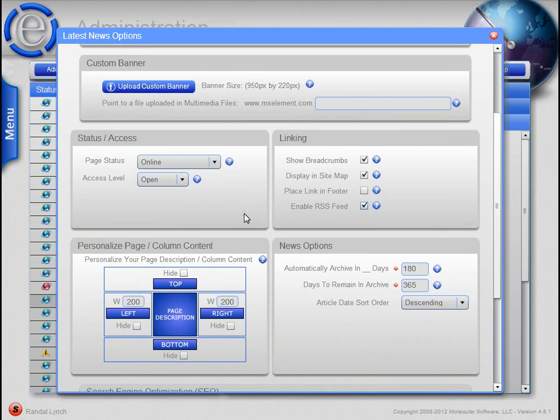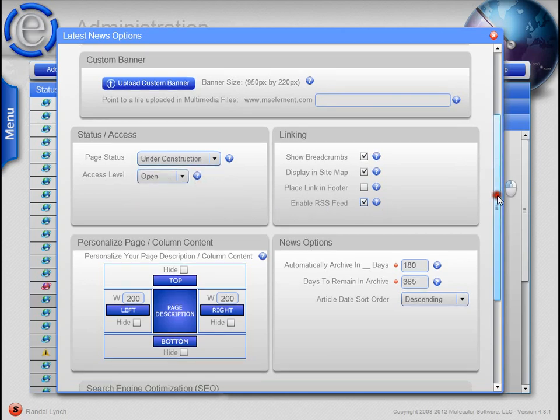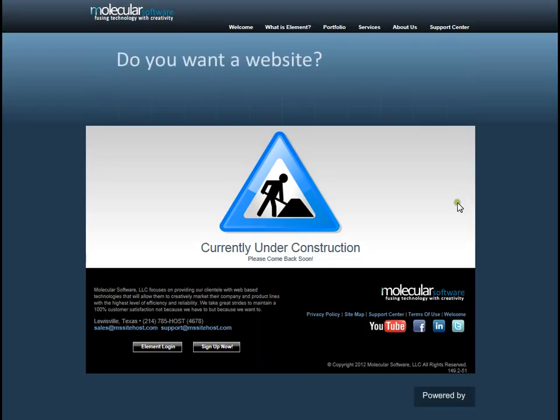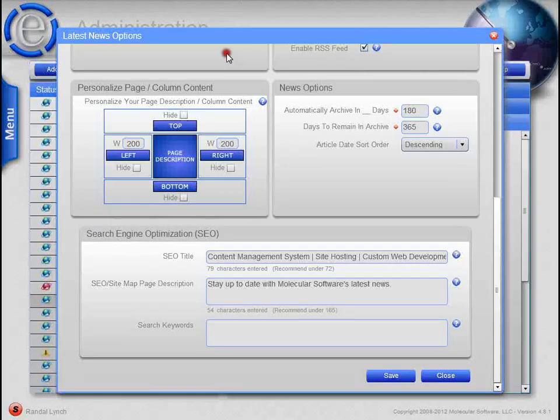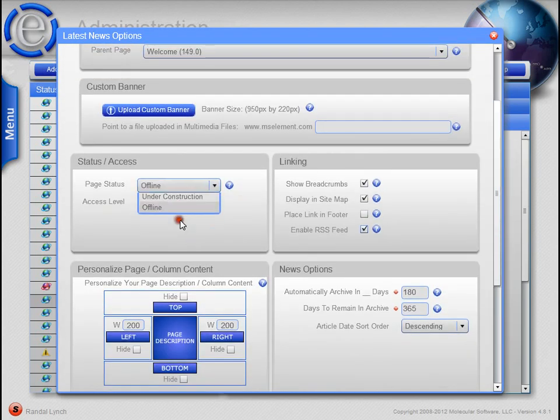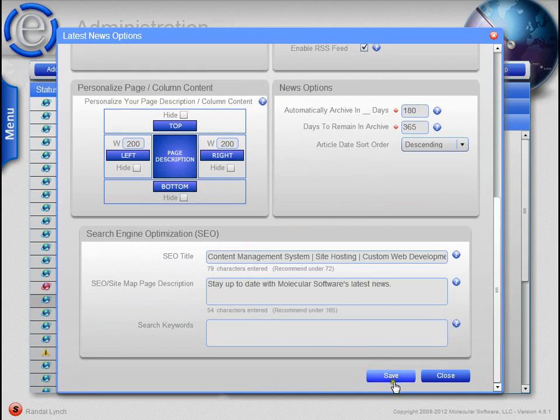What this does is it allows you to change the status of the page. You can place it under construction or offline. If we place it under construction and click on Save, when we go back to that page, we're going to see that that page is currently under construction. If we took it offline, it will display the same thing, but with an offline banner as opposed to an